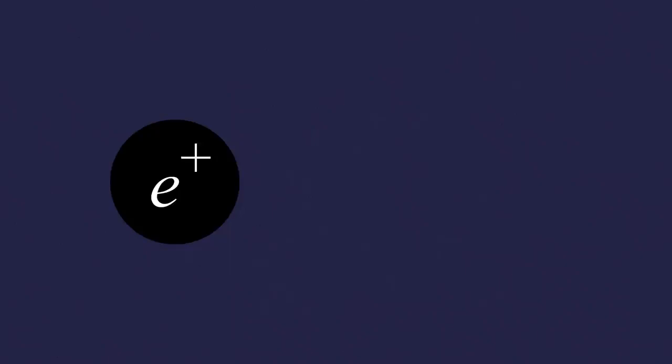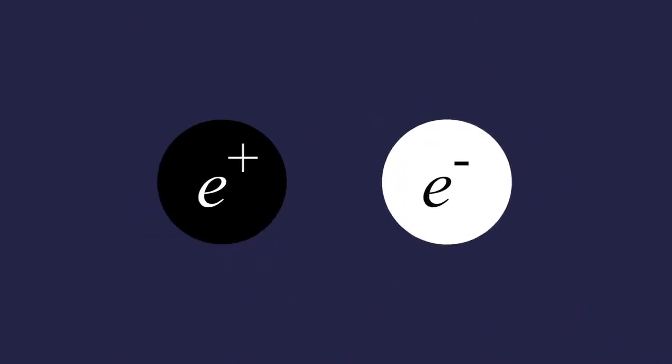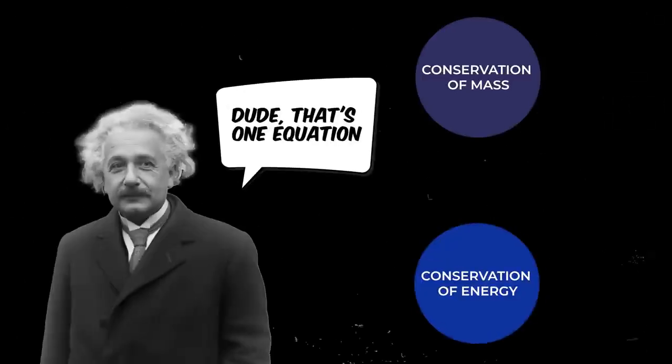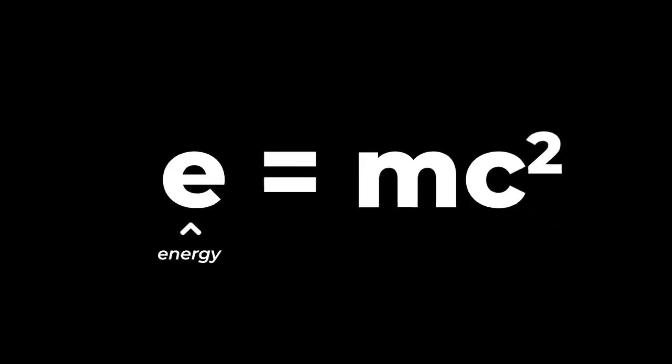So what we learned is that if you take an antimatter and matter particle and you bring them together, they annihilate. I'm weirded out by that because isn't there conservation of energy? Well, conservation of mass energy. Back in the day, conservation of mass, conservation of energy. Einstein comes along and said, that's one equation. E equals MC squared. You have E on one side, M on the other. That's what's conserved.